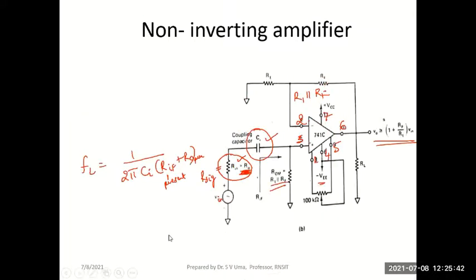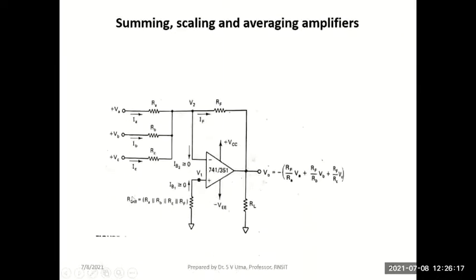The non-inverting amplifier is also a similar circuit, you see, except for the addition of this coupling capacitance C to connect the input signal in series with the output resistance of the previous stage. And we know this resistance connected from the non-inverting terminal to ground should be the same as the Thevenin's resistance from the inverting terminal to ground. The expressions for gain and the lower cutoff frequency are as shown. We did a problem also.